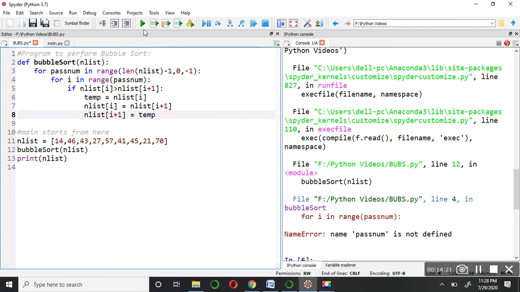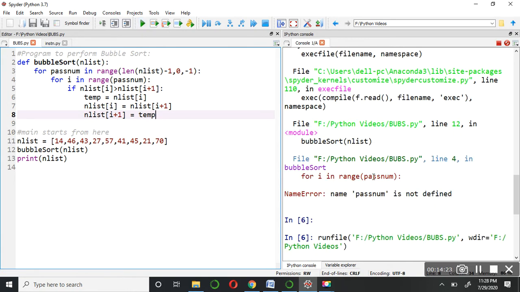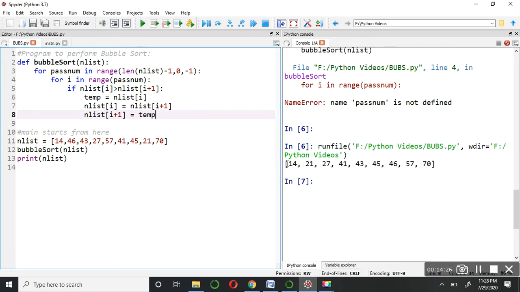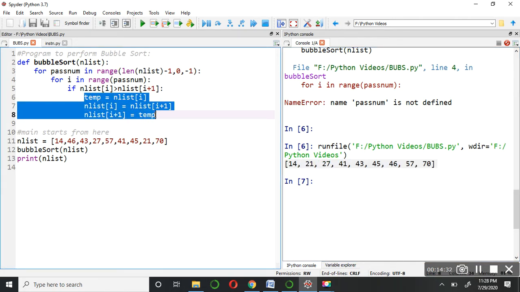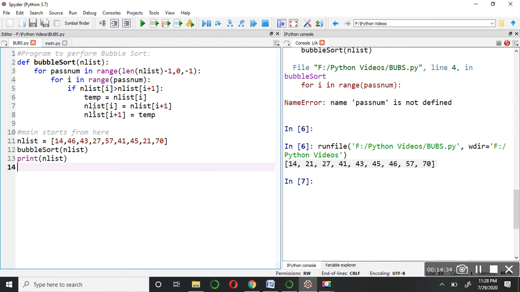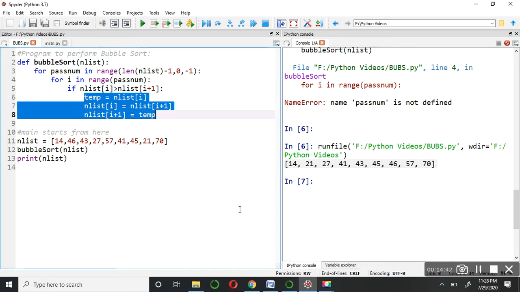That is how we can get the desired output. See, now it is working fine. So this is how bubble sort actually works. This mechanism of swapping I have already told you. So as soon as this condition holds, it means the first element is greater than the next element, we have to apply the logic of swapping.